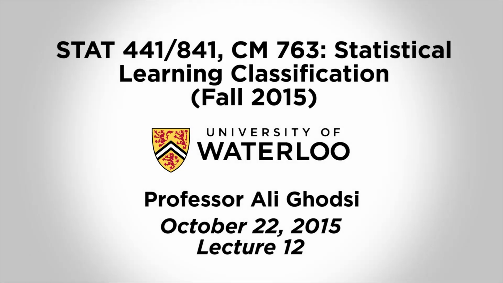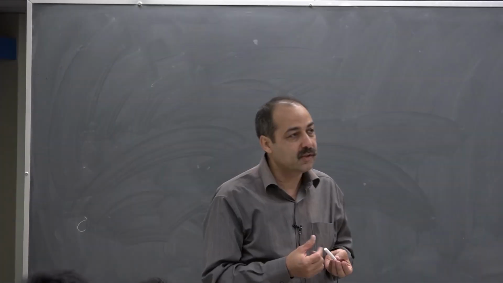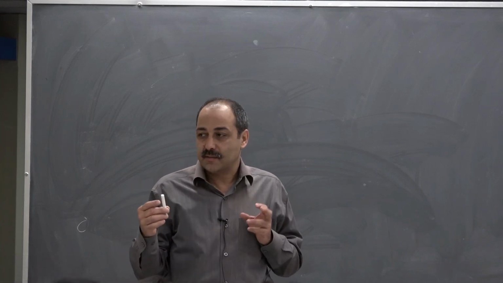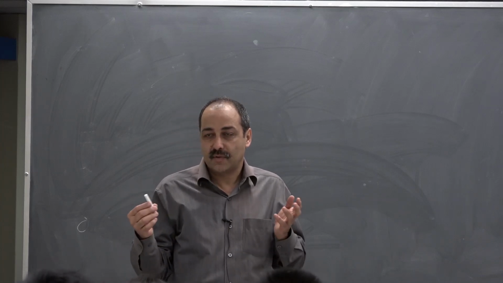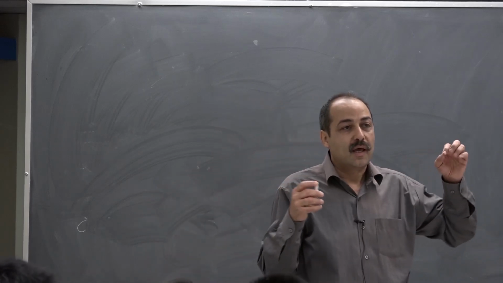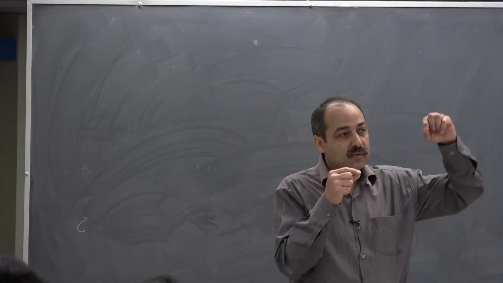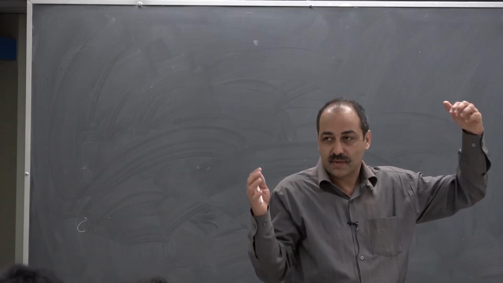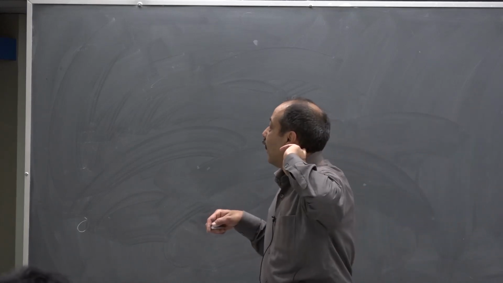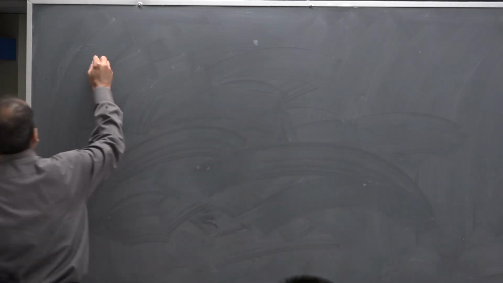Okay, let's start our lecture today. We learned about hard margin support vector machine in the previous lecture. Hard margin was the case that data is linearly separable. We had two classes. It was a binary classifier. It's possible to have a linear decision boundary to separate these two classes perfectly. That was hard margin, and so we started from